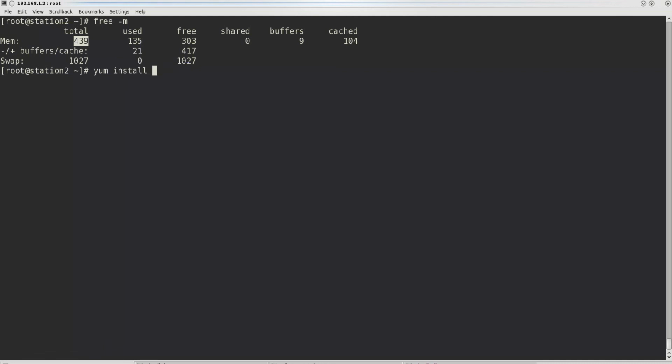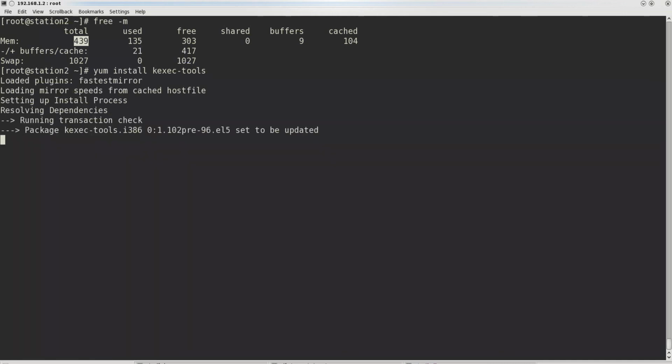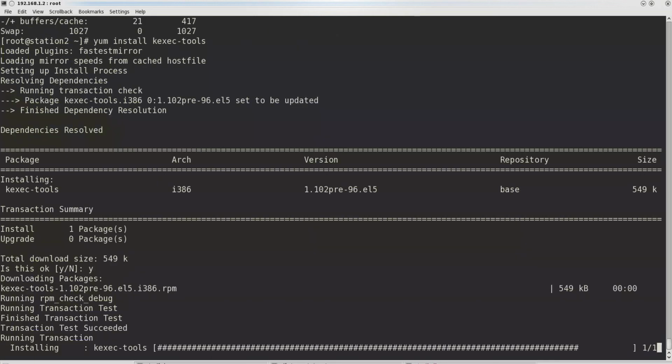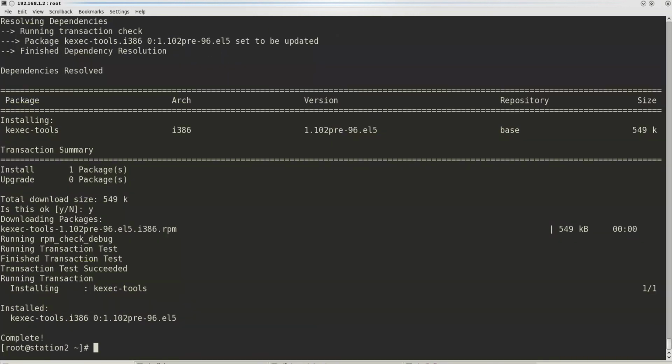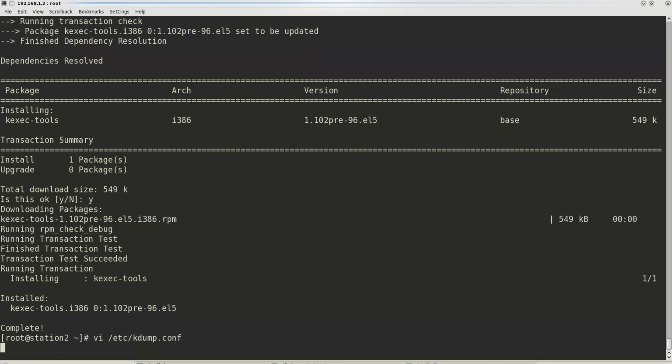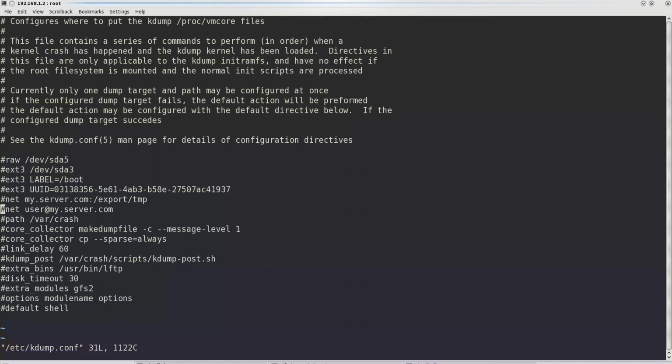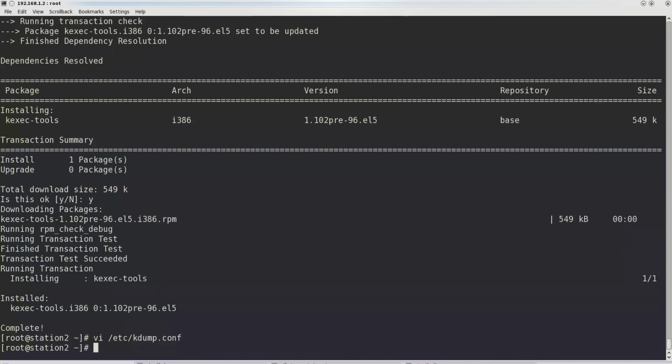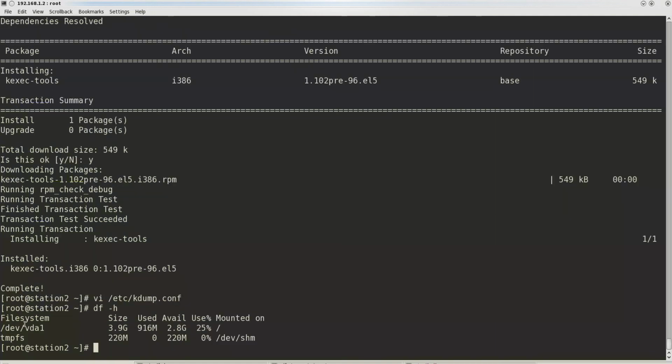Third thing is to configure kdump.conf so that it saves the VM core to the root partition. KDump can be configured to send the VM core through the network to an FTP server, SSH server, or an NFS server.